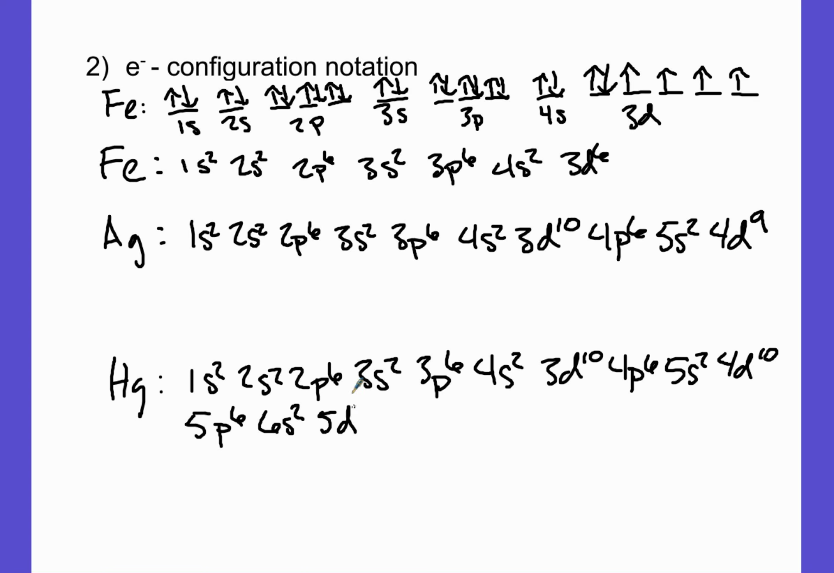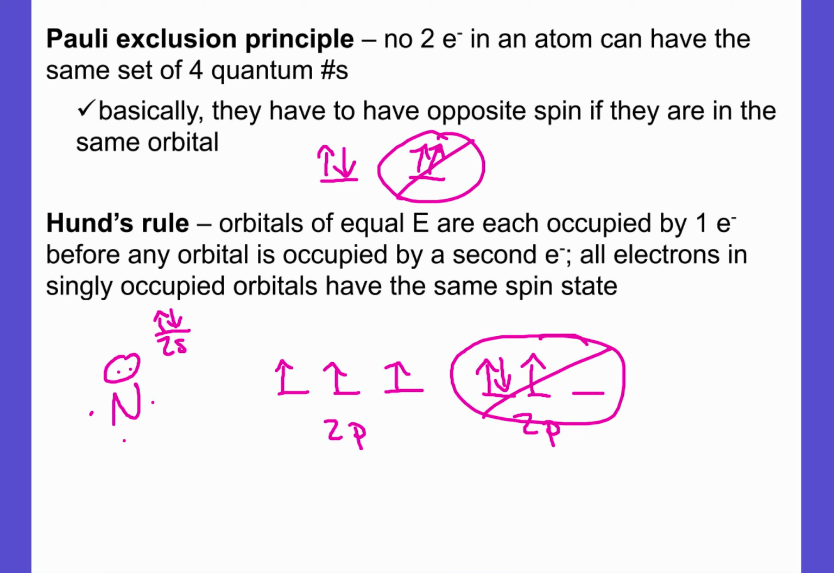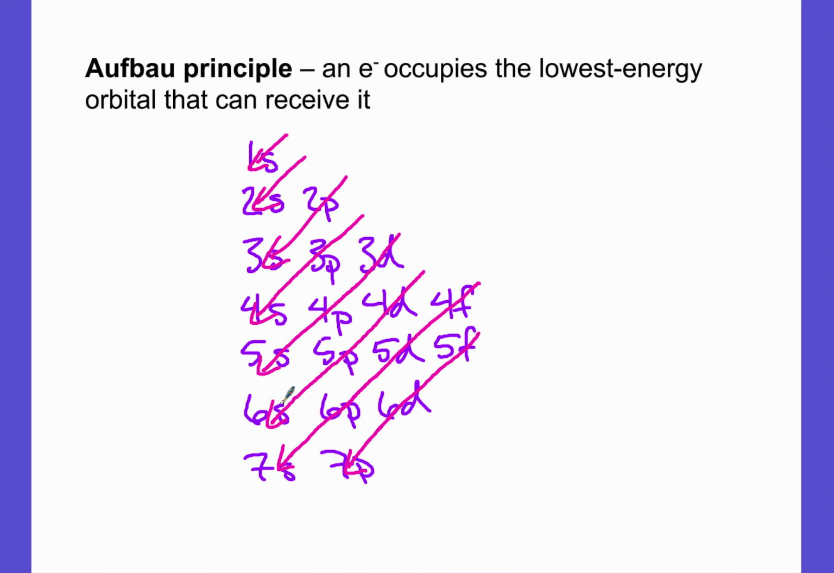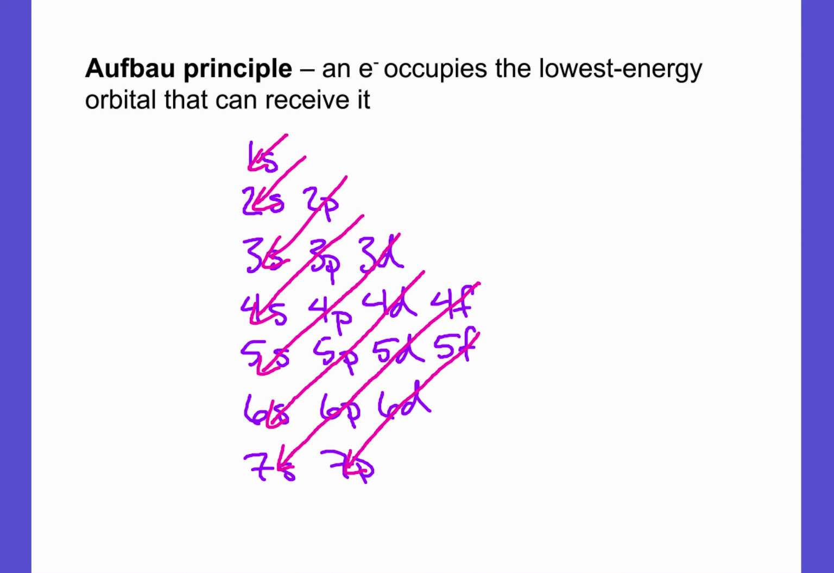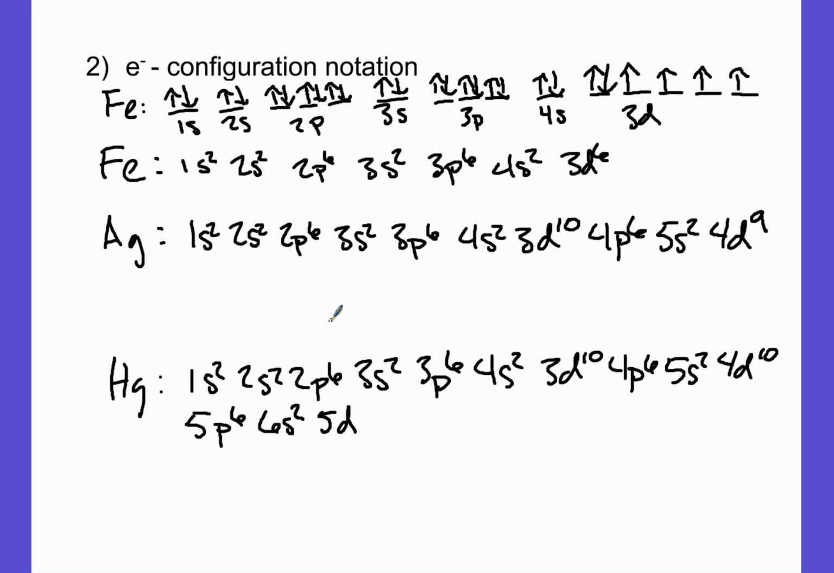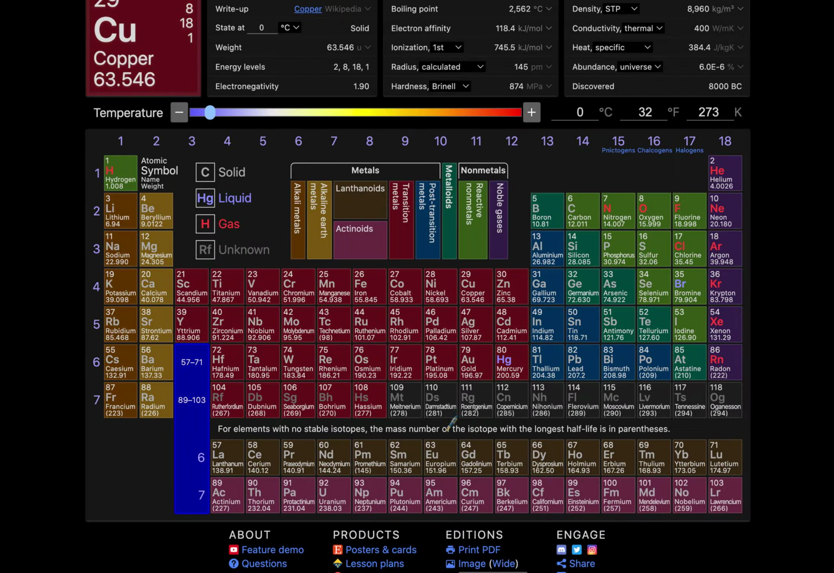Excuse me, did I just miss? Because even I haven't done this for a while. 6s is followed by 4f. I just skipped the 4f, my bad. So I need to get rid of that. So it should be 4f, and that should be 14, because there's 14 electrons in an F sublevel. That's 7 times 2. Now I have 5d, right? And 5d is supposed to be